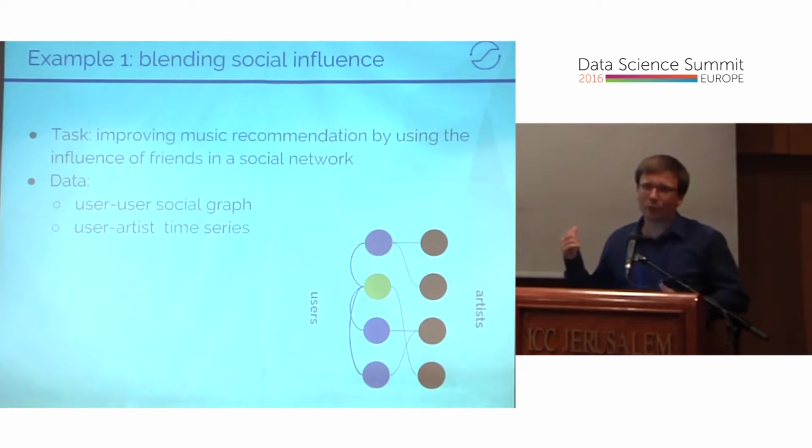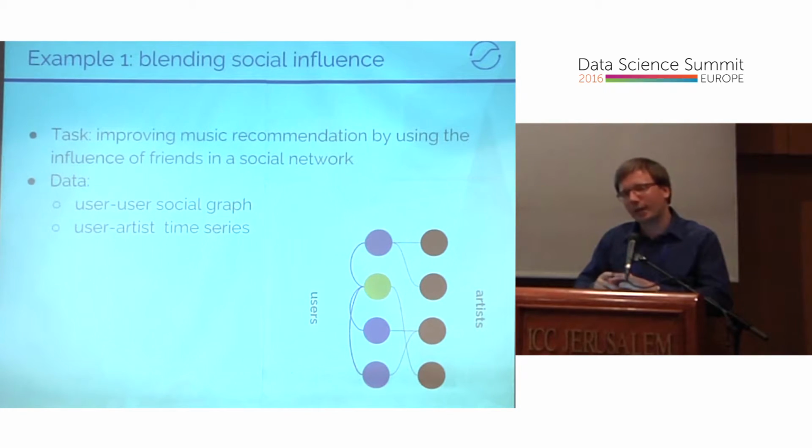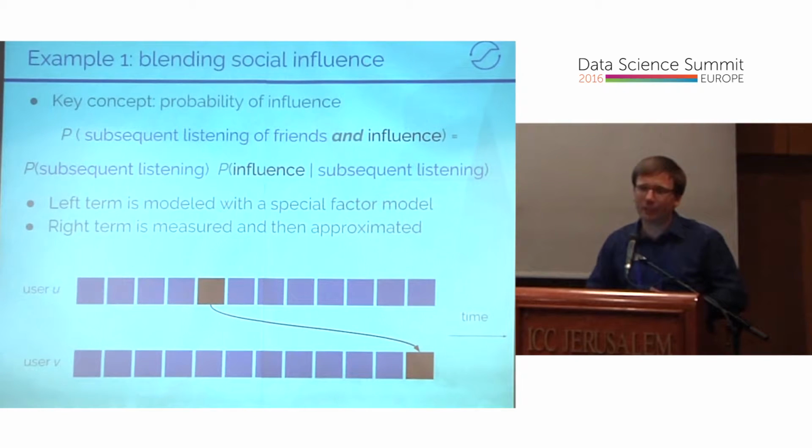So for a given user, like the orange one, if I want to recommend a new artist, the idea is I check her friends, and I check the very recent time series of her friends. And if I know from the past that she has a friend whose music she generally listens to, and now the friend has listened to a new artist, then we can recommend the same artist to the actual user. You can see the detailed mathematical explanation of our experiments in our paper. Here I just wish to give you the concept of this model.